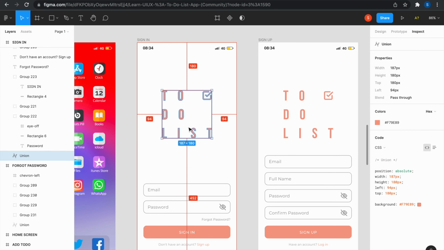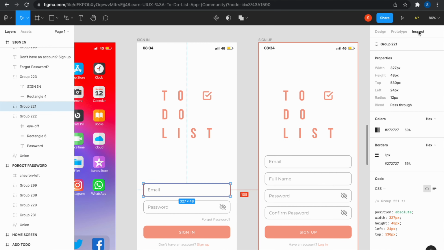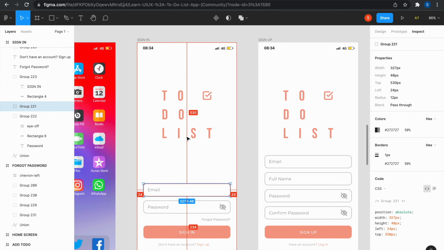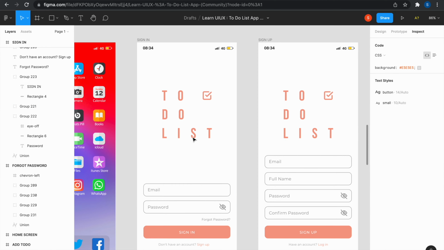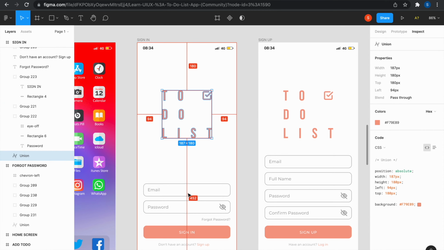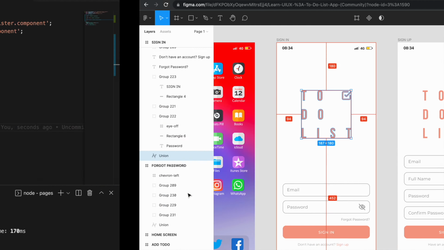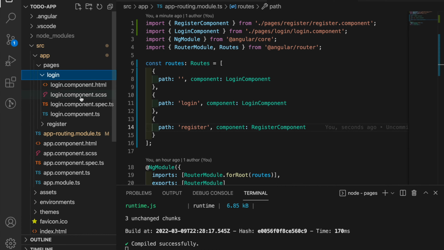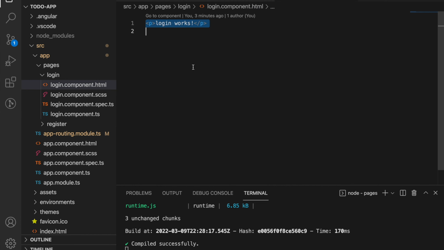the actual logo spaced from the margin top of 180 pixels, and then from there to there, let's see, can we see the spacing from this to this? Yeah, this is 170 pixels. Okay, fair enough. So what we can now do is come here to our HTML, our login page, and